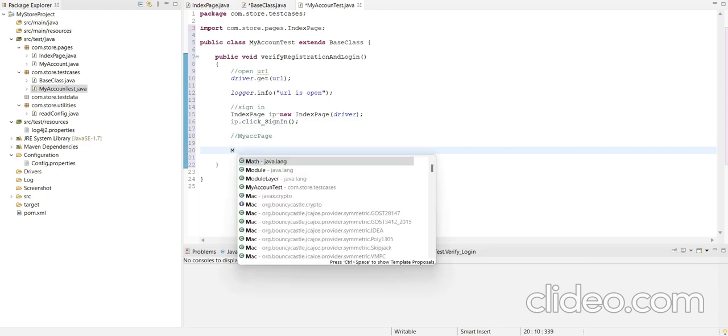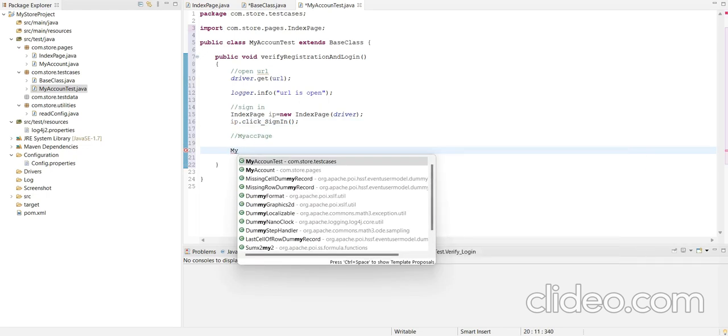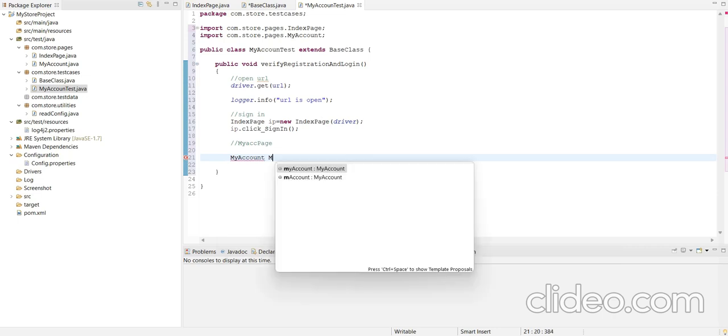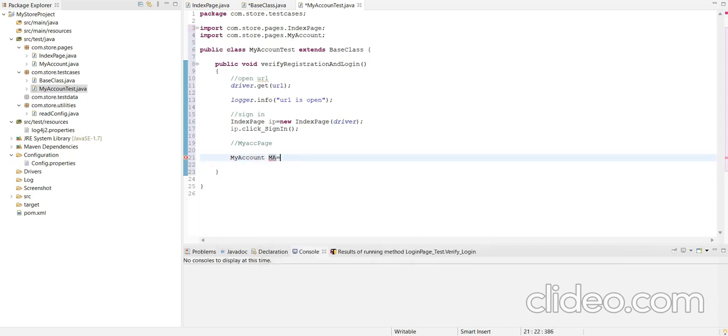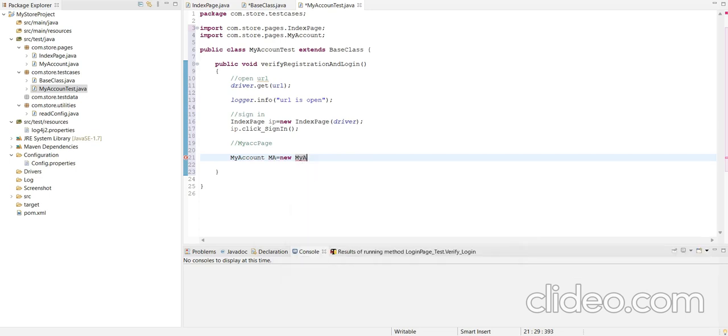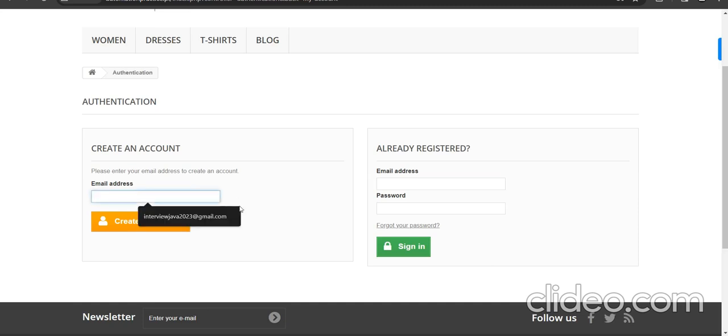So we will also create the my account page object. After going to the my account page, we have to enter the email address and create an account, which means we have to click this button.